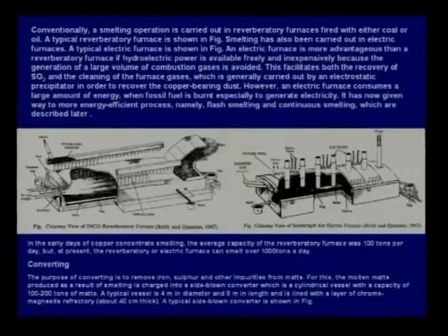Now, these are the two kinds of reverberatory furnaces used for smelting. This is the conventional reverberatory furnace, which uses liquid fuel or gaseous fuel. You have air and oxygen coming in, there is fuel coming from this side, the converter slag will be taken out this way, matte will come out this way, outgoing gases will go out this way. Now, there are many complications of this design, I need not go into that, but you see the